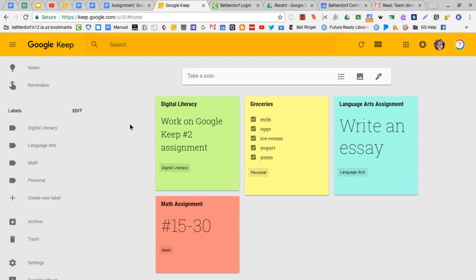One of the neat things that you can do is you can share notes with other people within your domain. So what that means is if I were working, let's say, on a project with a student in another class or within my own class, if I take a note, I can actually share that with them. So I'm just going to pretend, for example, that this Google Keep assignment that I'm currently working on is actually a shared project, something I'm doing in a group or with a partner. So let's say I wanted to give them some kind of a reminder that we need to keep working on